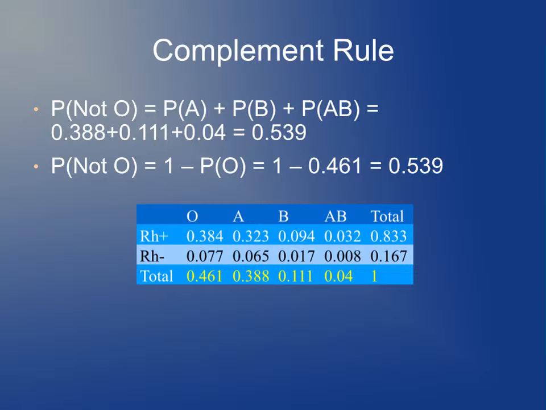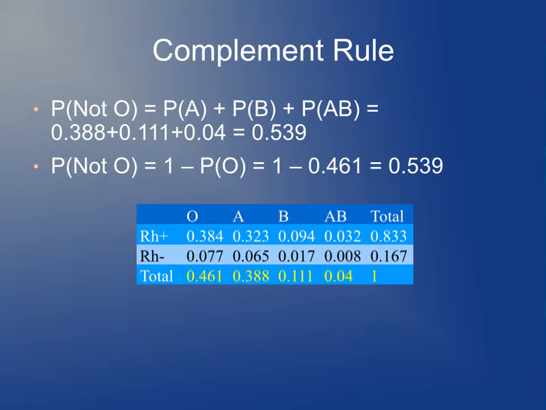So the probability of not having type O blood is the probability of type A plus the probability of type B plus the probability of AB, which would be 0.388 plus 0.111 plus 0.04, which is